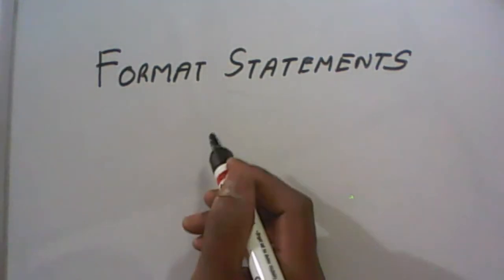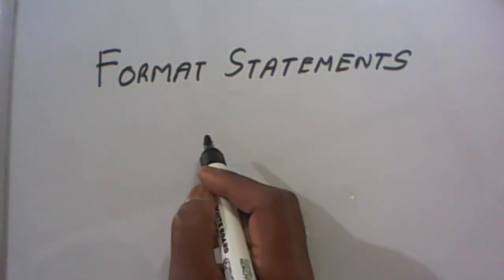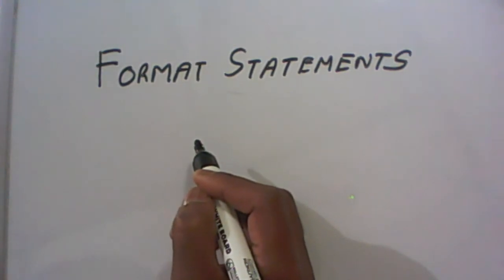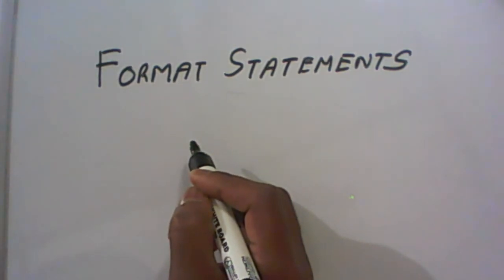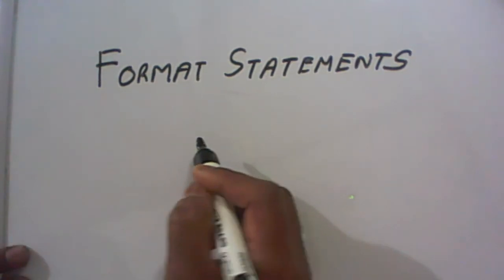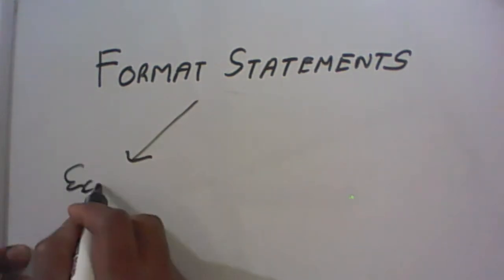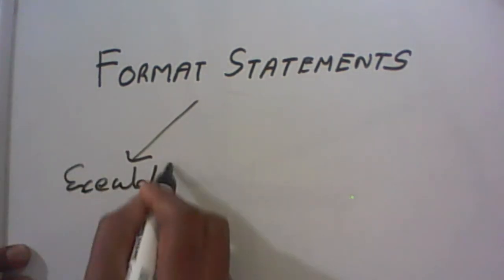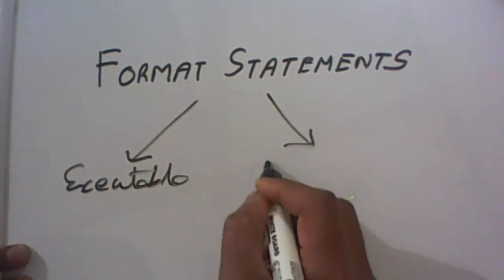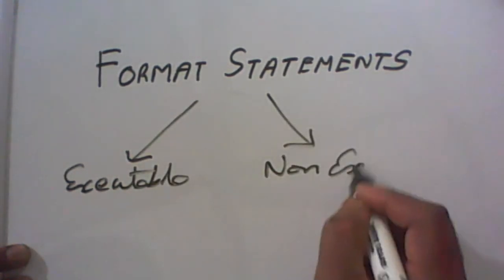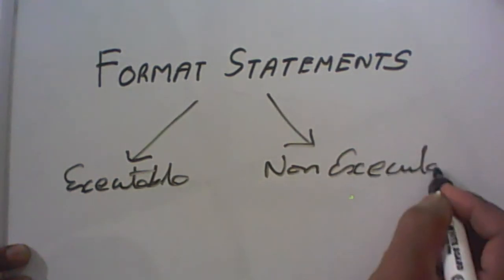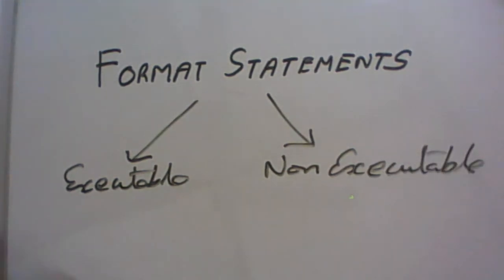Today we'll talk about Fortran statements. As we had discussed, and from the materials that I had posted, if you have gone through them, these Fortran statements can be classified into two types. They can be either executable or non-executable. Executable statements are those statements in Fortran which actually represent some action taken during the running of the